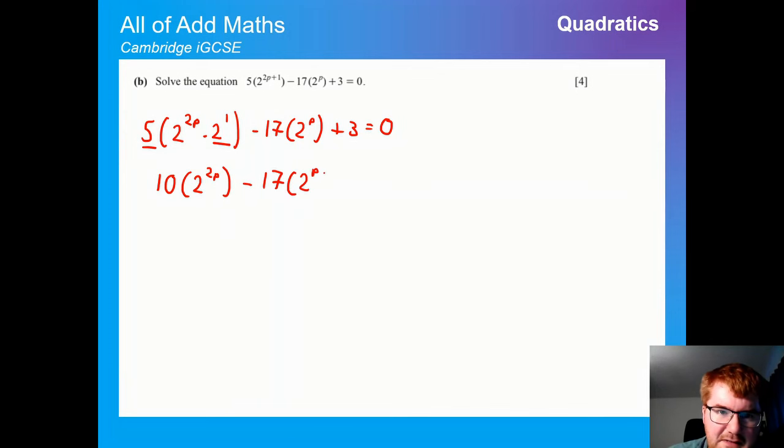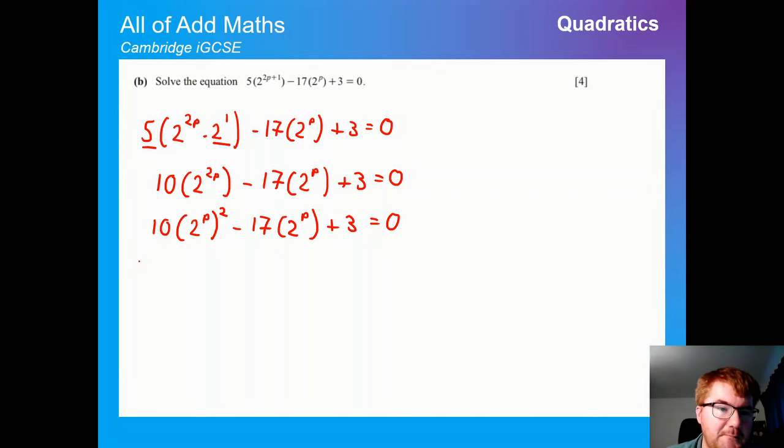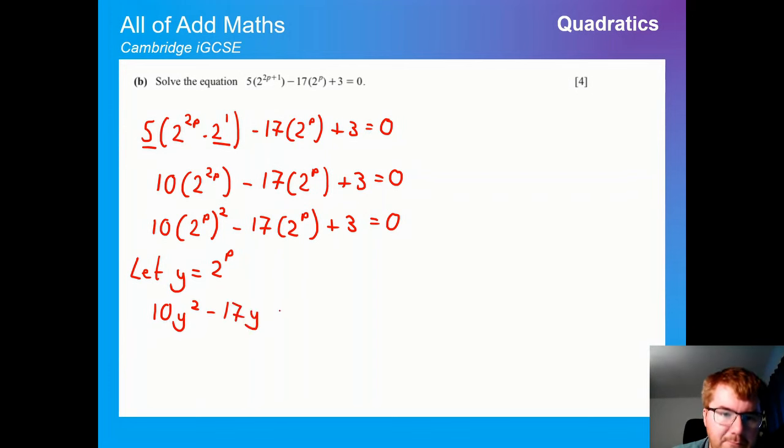Probably see what I'm up to here. Well, I'm going to put in my sneaky substitution. And to make this really clear exactly how I'm going to substitute, I'm going to do the same thing I did before, which is rewrite this as 2 to the power of p all squared. Remember, p times 2 is just 2p. So I am allowed to use index laws to write this out. Once I've got this, now I can do a nice substitution. So I'm going to let y equal the bracket, so y is equal to 2 to the power of p, and it's going to be very similar to how we did it before. So we get 10y squared minus 17y plus 3